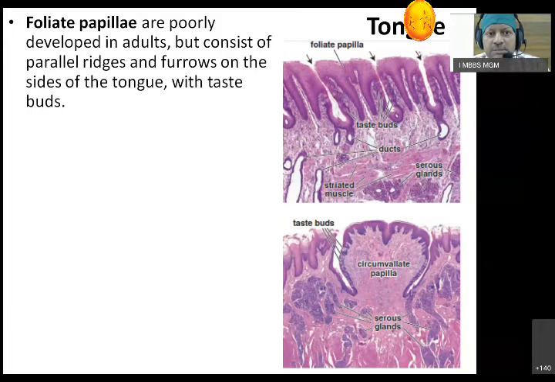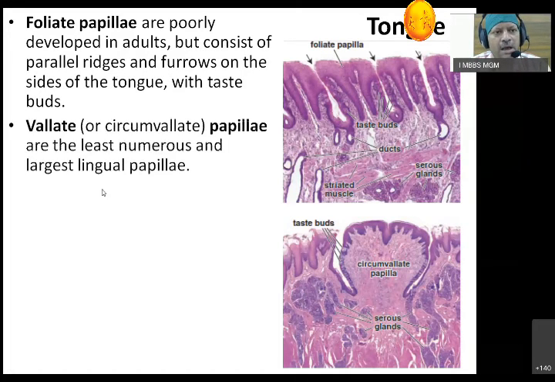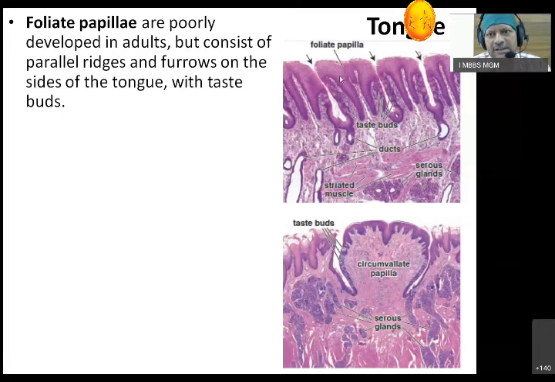Number goes down. The small kid, around puberty, has the maximum number. So they usually like the candies. They like usually the sour and salty things. The reason is that these foliate papillas are related to sour and salty tastes, and that is what we know. We like it a lot, and we always taste it. So these papillas are laterally placed.